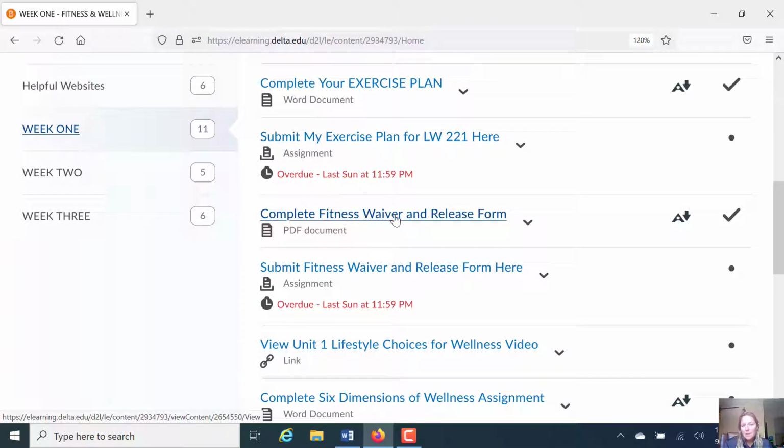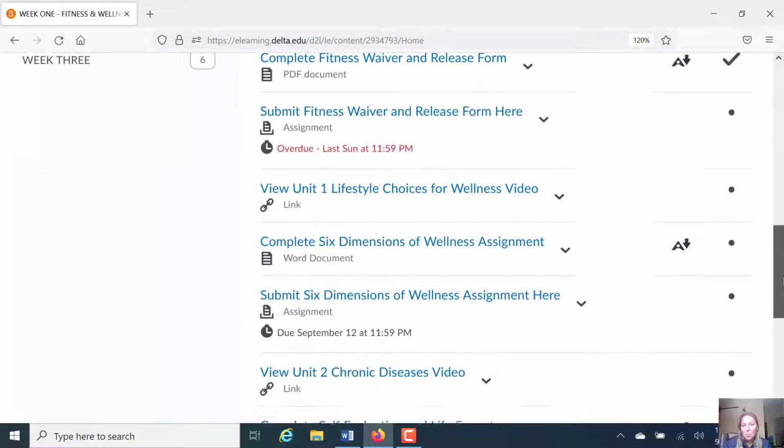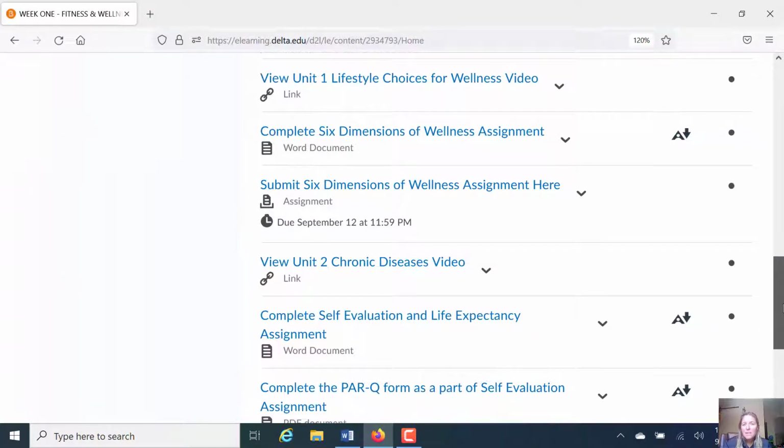The third item here you can see is that waiver and release form, which most of you already submitted in class last week, but again, a lot of you have submitted it online as well. So make sure that those are in the assignment folder as well. Then when we move on down our list, you can see the 2 chapters in your textbook that we are going to be reading and covering are chapters 1 and 2.